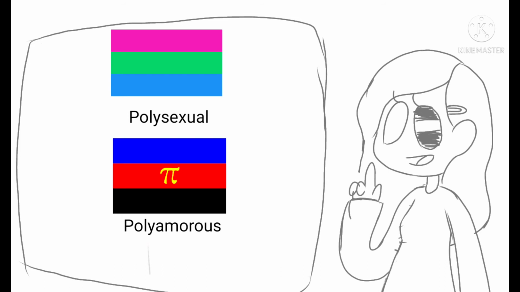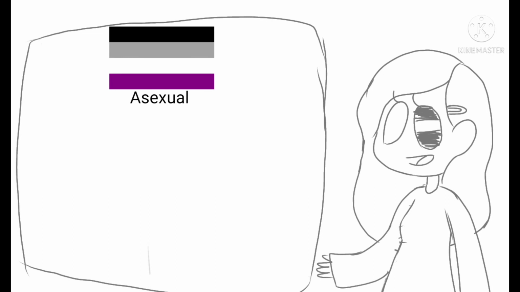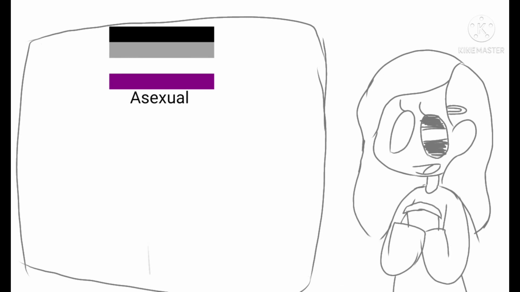Let's go ahead and move on to the next sexuality, asexual. Now, asexuality is defined by the lack of sexual attraction. Asexuality is also a spectrum of attraction where people can fall into a subset called gray sexuality. This spectrum includes people who feel sexual attraction infrequently, who only feel sexual attraction under a specific set of circumstances, and more. And sometimes asexual can just mean that you're not attracted to anybody.